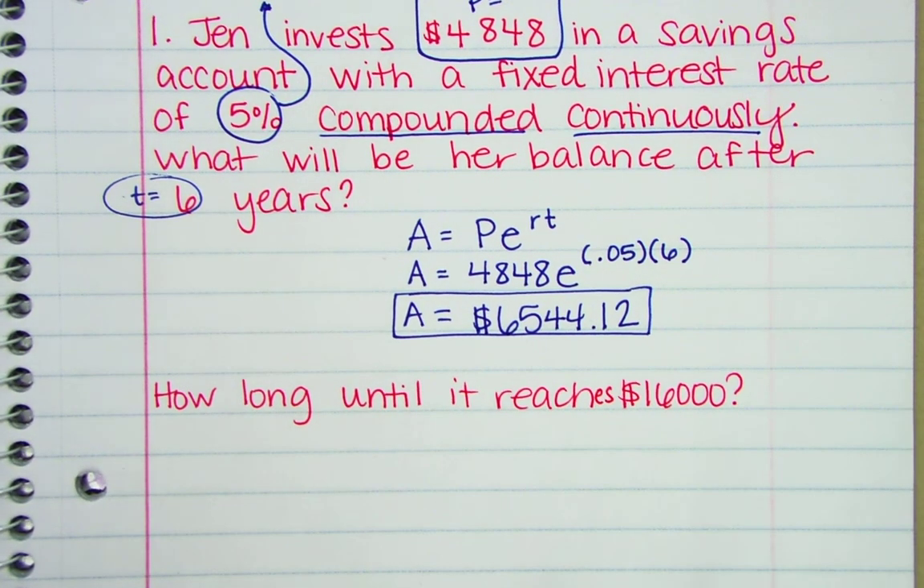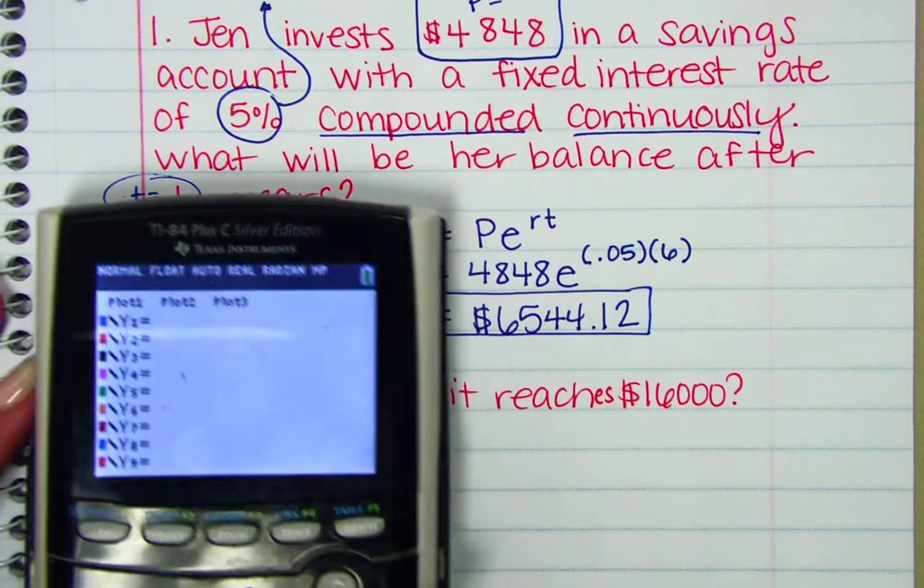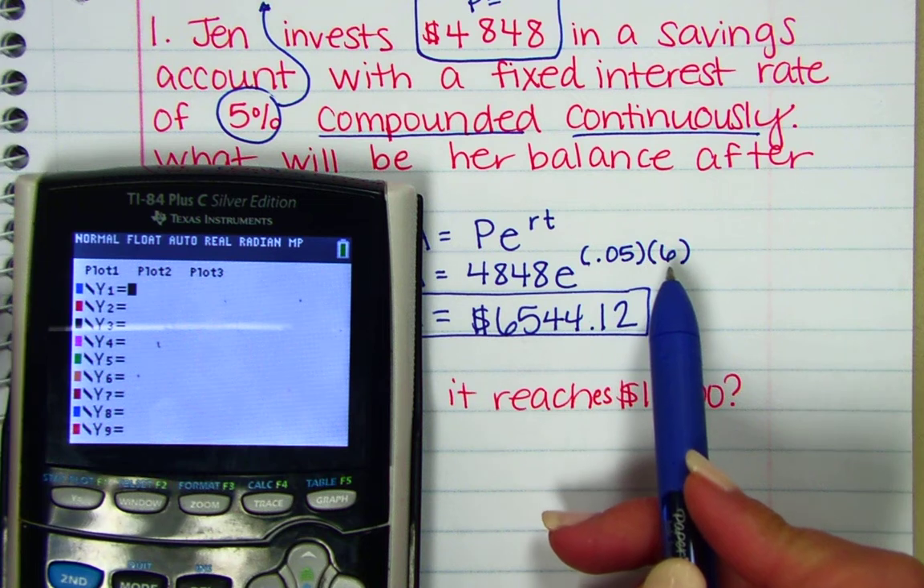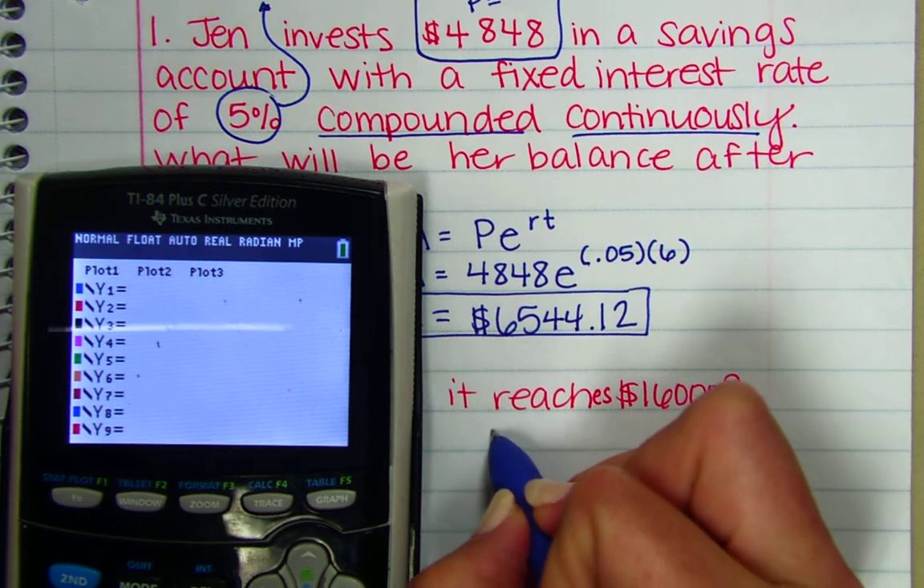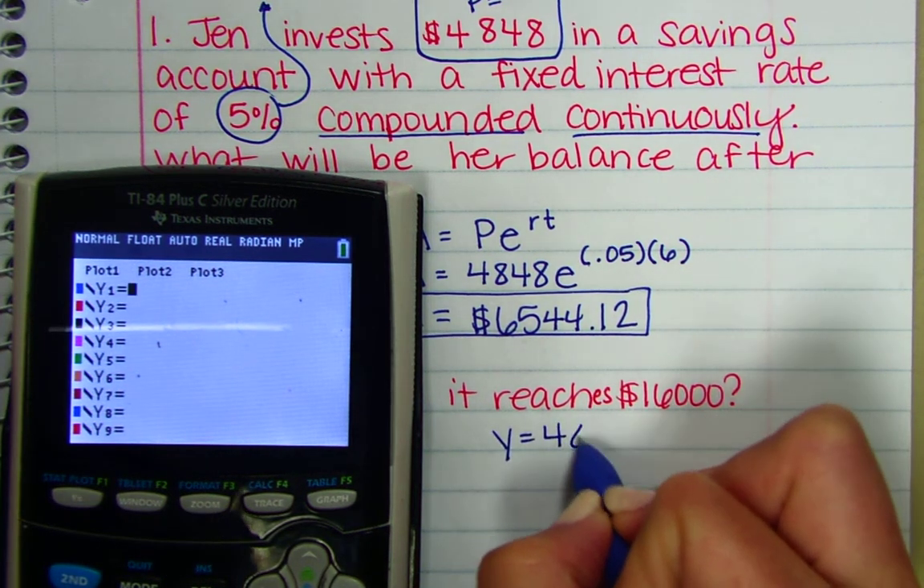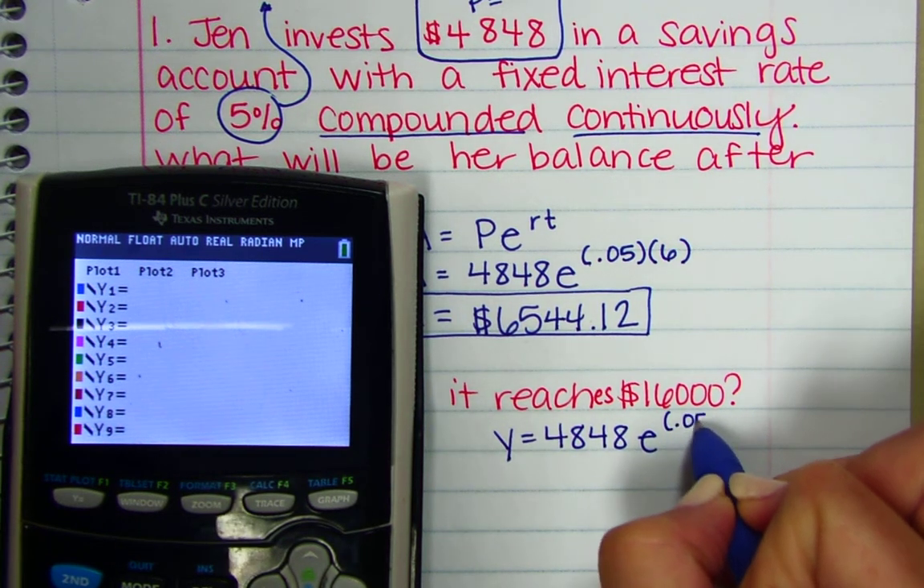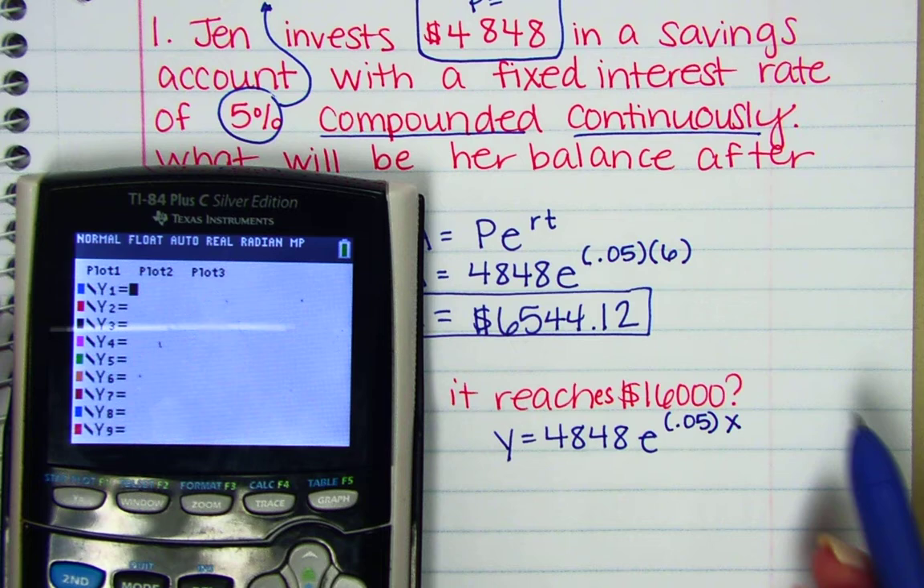Right, this is kind of like last time where first they say how long or how much will it be after this long. Then they ask me how long until it reaches $16,000. This one we've got to put in the table, right? Because you need the table to find it. Now, the difference is I can't put 6 in there. I've got to put X. I've got to leave the variable. So when I put it in there, I'm going to go Y equals 48 E to the 0.05 times X. Okay, because that means it's